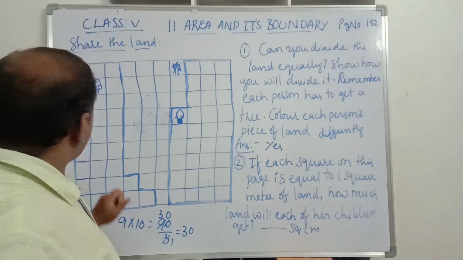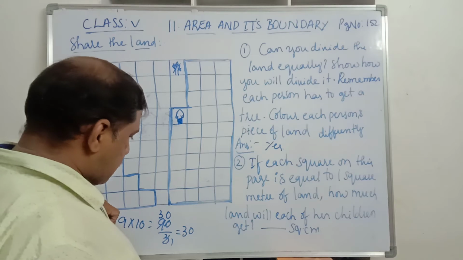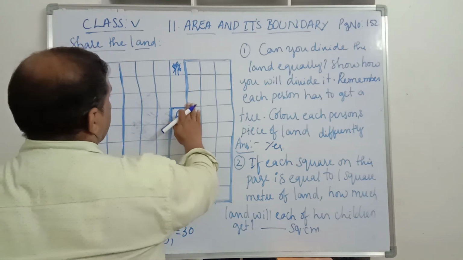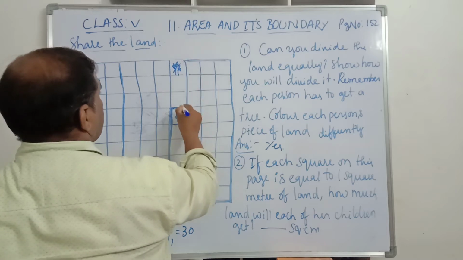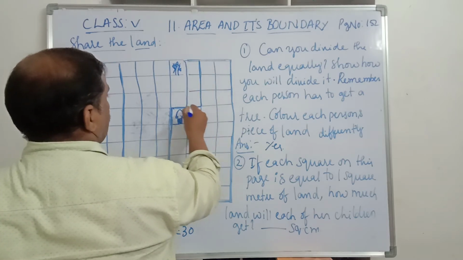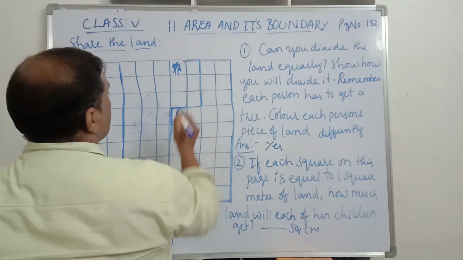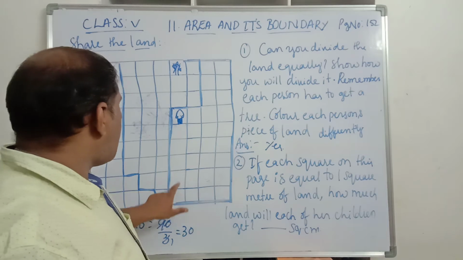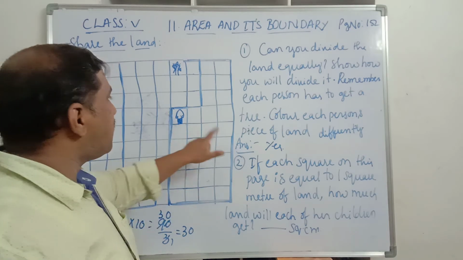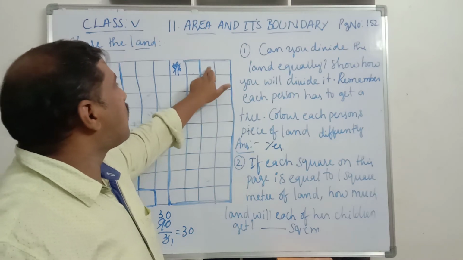27 we got. See here, this is not at here. This second line we will get this line. So from here, now 3 are added, 3 more are added, so we'll get 30. And here 1, 2, 3, 4, we have 1, 2, 3, 4, 5, 6. 6 into 4 is 24, 25, 26, 27, 28, 29, 30.